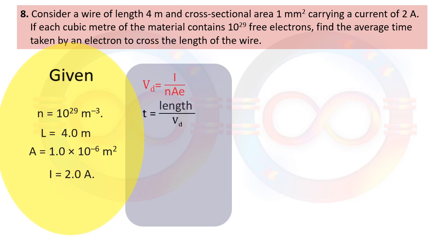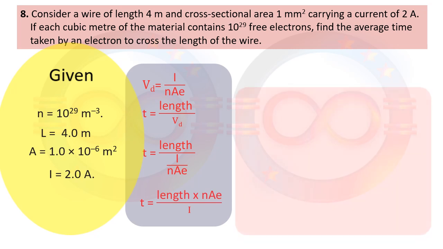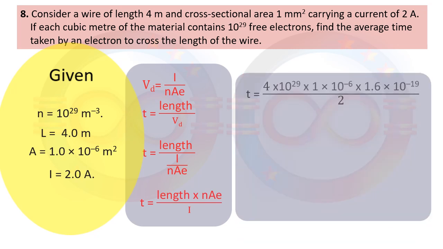To calculate the time, we have length upon drift speed, and length is how much? As per the question it is given 4 meter, and Vd is I upon NAE. So in terms of time, the formula is T equal to length into NAE upon I. Now length is 4 meter, N is 10 raised to 29, area is 1 into 10 raised to minus 6, E is 1.6 into 10 raised to minus 19, upon I, that is current, which is 2